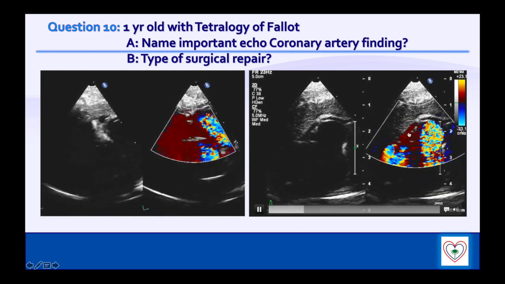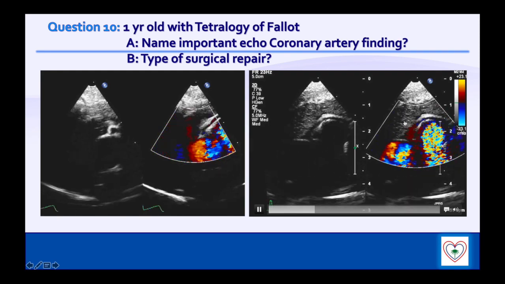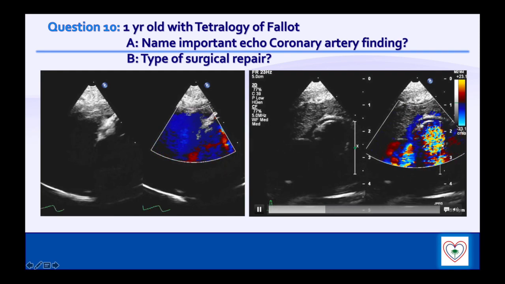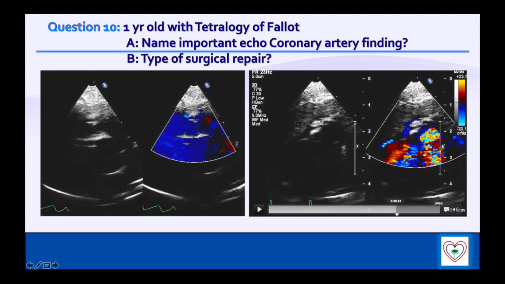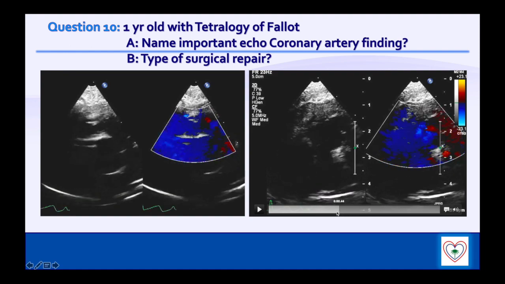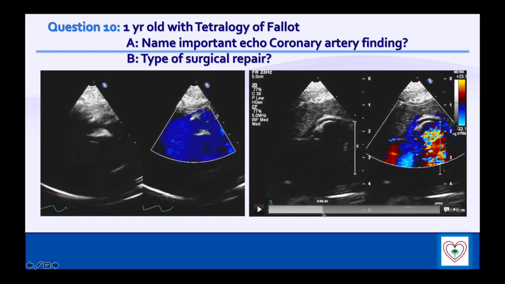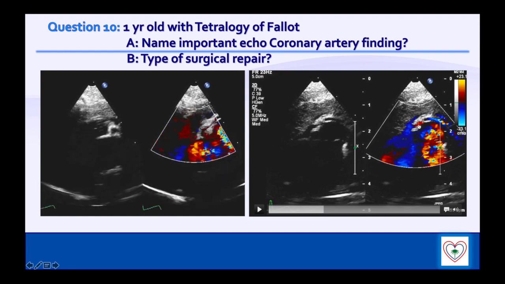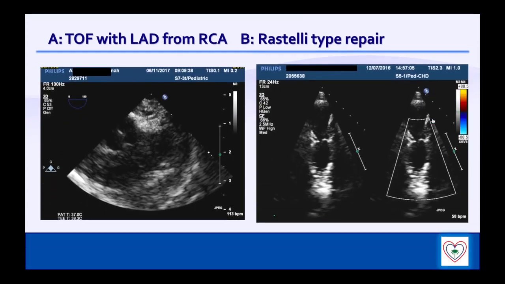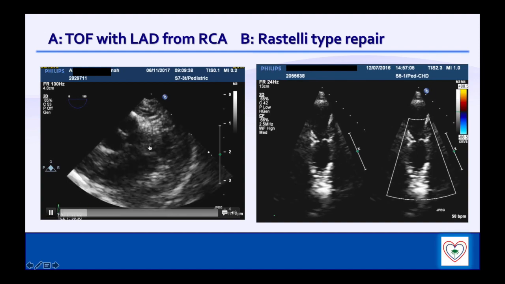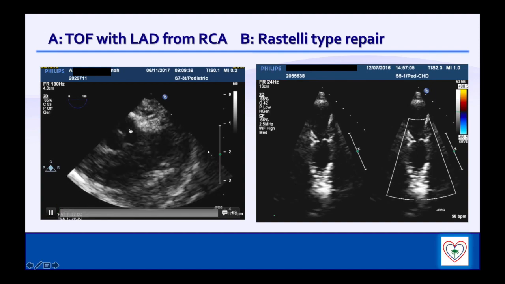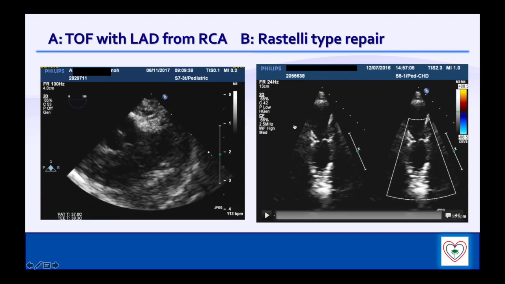Always we have to confirm the finding of the coronary artery by color flow, and we can see here there is a nice color flow in the left anterior descending which originates from the right coronary artery. So this is a nice flow color into the LAD. More clarifying images. Here this is the LVOT and this is the aorta. You can see here this is the left coronary artery, and the patient